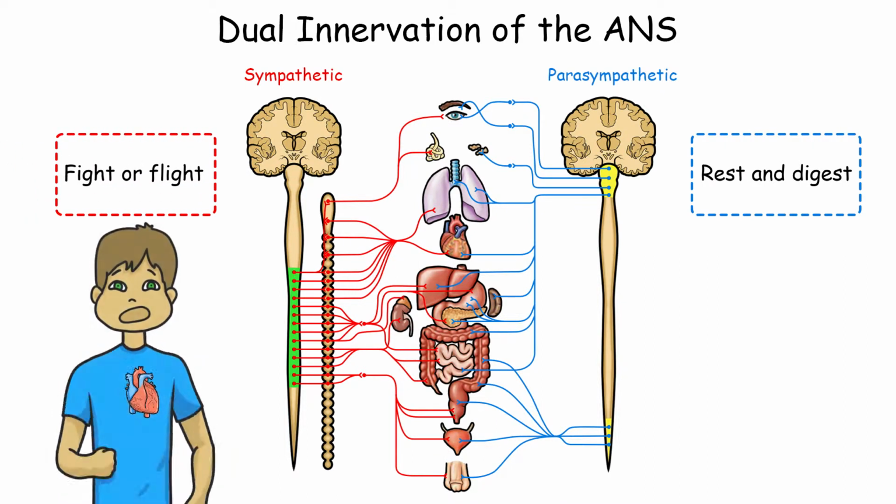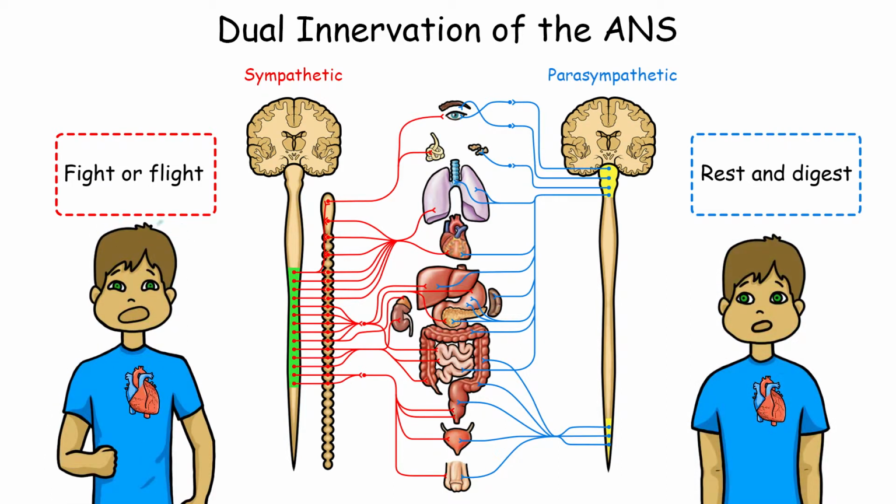For example, stimulation of the sympathetic system can lead to increased heart rate, which is in line with a fight or flight response to stress. When the stress passes, activation of the parasympathetic system assists in lowering the heart rate. This demonstrates antagonistic control, where one ANS branch is excitatory and the other is inhibitory. For the majority of organs, the two ANS branches exert opposite effects that help maintain homeostasis, a process known as